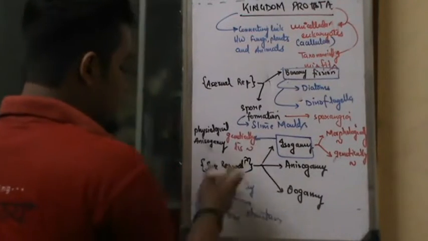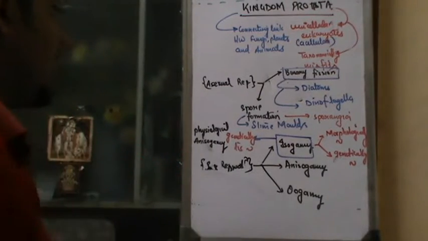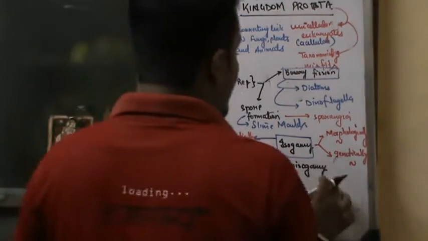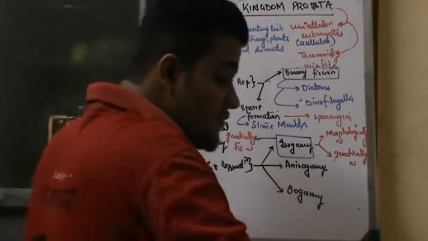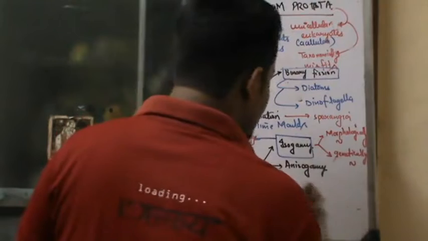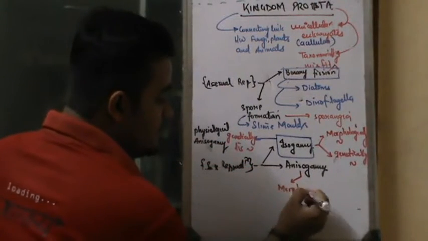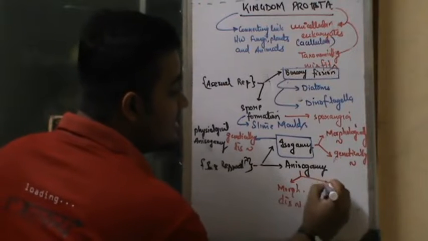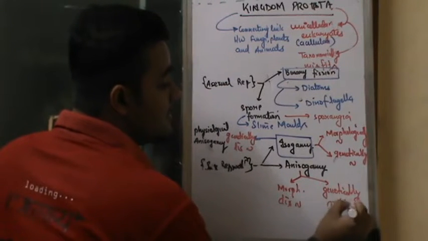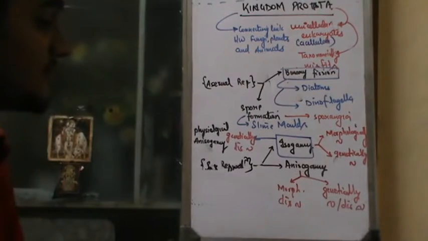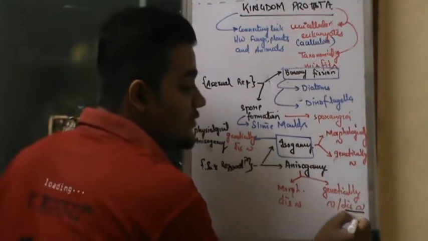This is about morphologically particular words, so this is going to be very important. You have to remember. Other than this, anisogamy is where the fusing gametes are morphologically dissimilar. Genetically or functionally or physiologically, they may be similar or dissimilar. That is called anisogamy. Always remember, in anisogamy usually the gametes are dissimilar.